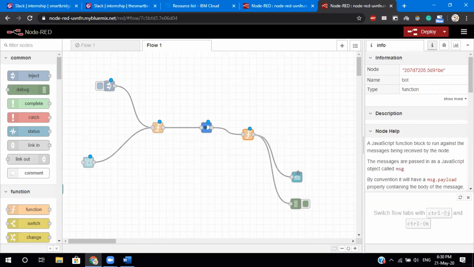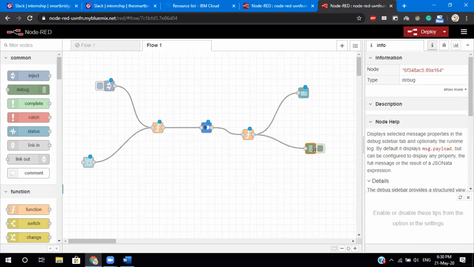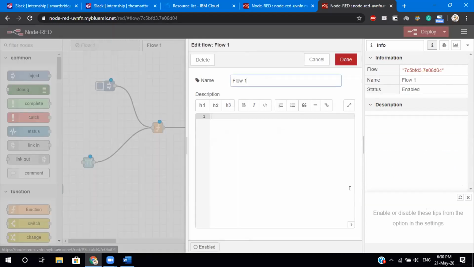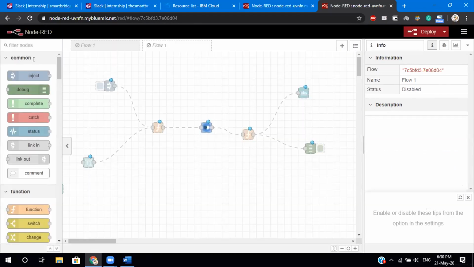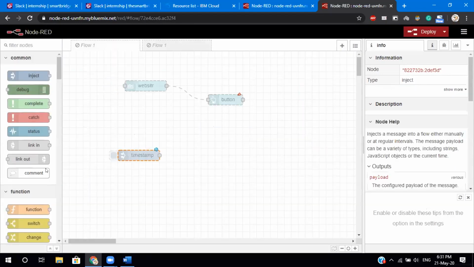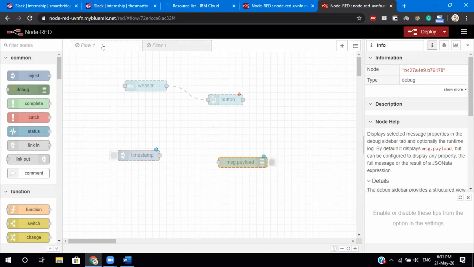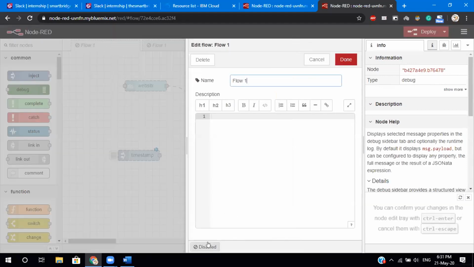So these are the nodes, and these are the links. I'm going to tell you what will happen here. Node-RED is actually all about nodes and connecting these nodes. You will understand what's happening. Just give me some time.